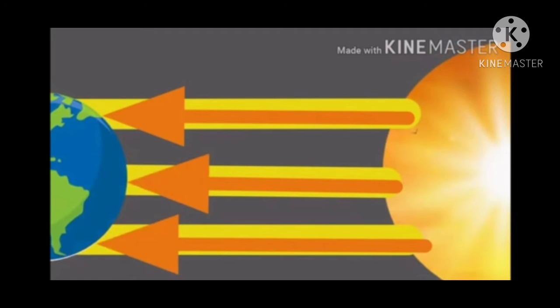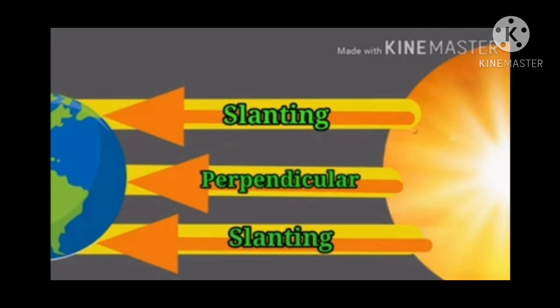We all know that the earth is spherical in shape, and due to its curvature, the sun rays that travel towards the earth are not perpendicular at all the places on the earth. Sun rays travel in a straight line and are parallel to each other. As earth is spherical in shape, the rays of the sun are not perpendicular to all the parts of the earth's surface. Sun rays are perpendicular near the equator.